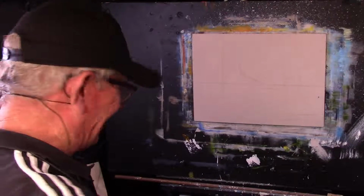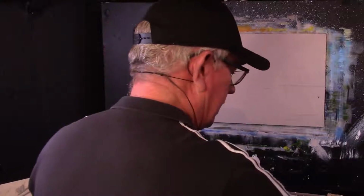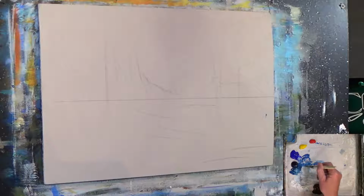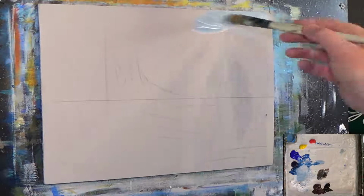It's good, isn't it? Really is. Okay, so without further ado, let's just get into some white. Some white and Prussian blue, I think. White and Prussian blue. And let's just put a bit of that colour in there. Look at that lovely,